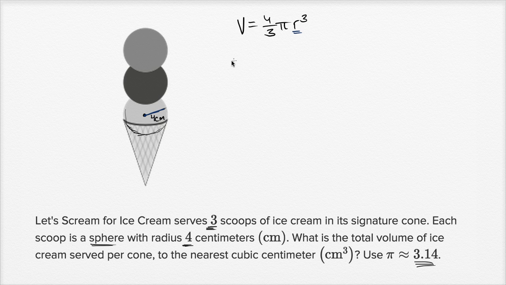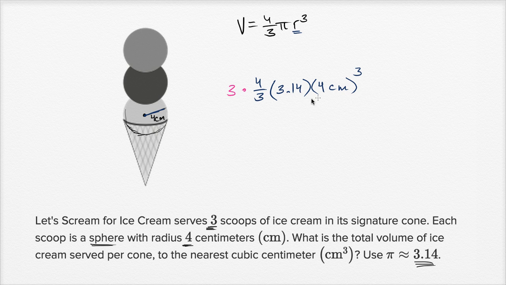So the volume of one sphere is going to be 4/3 times 3.14 for pi, times the radius cubed. The radius is 4 centimeters, and we are going to cube it. If you do 4 centimeters and then you cube it, you're going to get the unit centimeters cubed, or cubic centimeters. So this is going to be the volume of one of our spheres, and then we have 3 of them. So to get the volume of all of them combined, let's multiply this times 3,